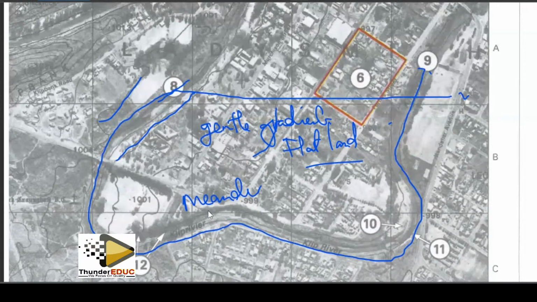We are looking at this part here. I think, again, we've explained something in relation to that. This is a meander, and on the meander, this is the inner bend, and this is the outer bend. The question is now asking, why is there more erosion at 11 than at 10? What causes erosion here is there is high velocity of water in the channel. The river flows at a high velocity here, and there's more erosive power